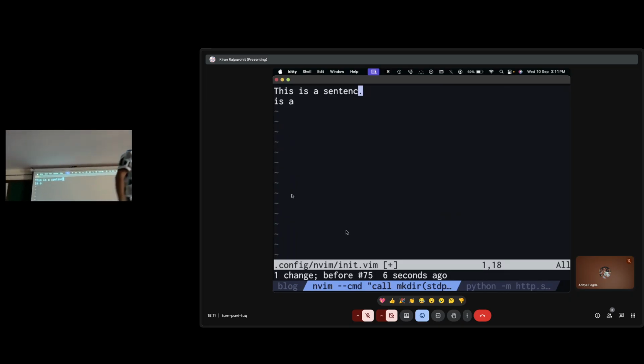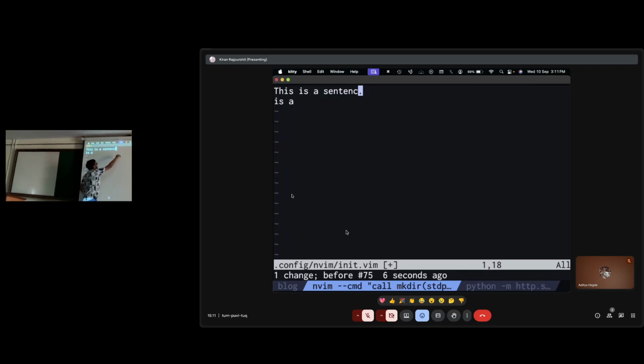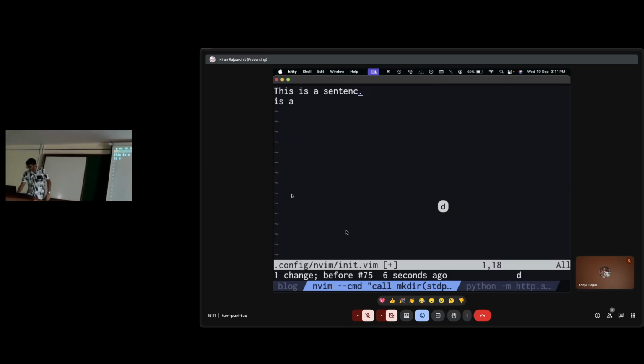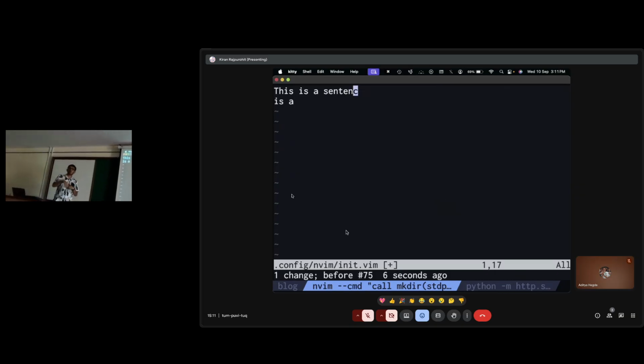DW. Oh, so if I do DW here, you say? Yes, you can absolutely do DW. Because the only word, right, there's no other word. So the W motion will end somewhere here, which is new line. And it will delete it. So you see how most of the time what you specify is the motion, the W motion or the L motion, or since the W and the L motion are the same thing here, you've achieved the goal of deleting the full stop. Alright, does that make sense?